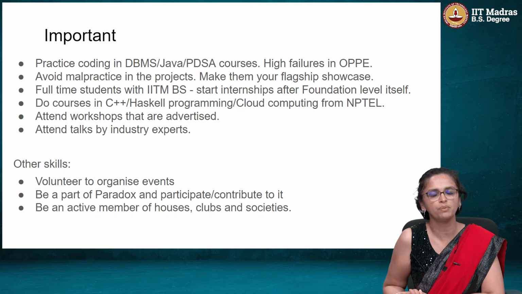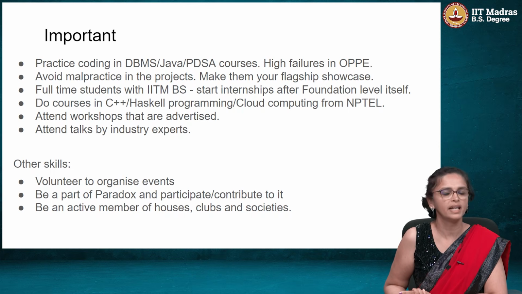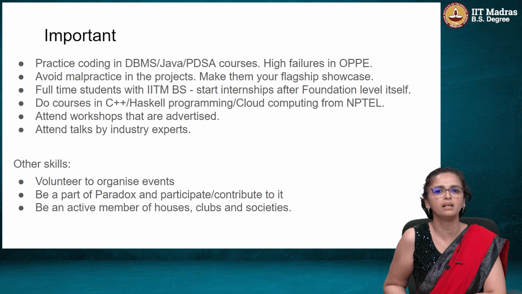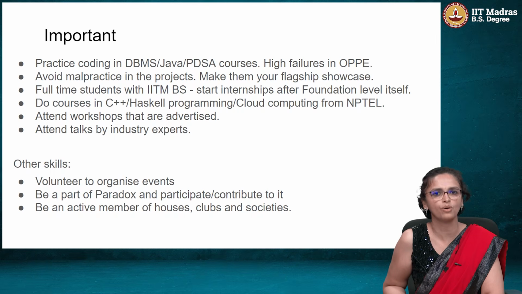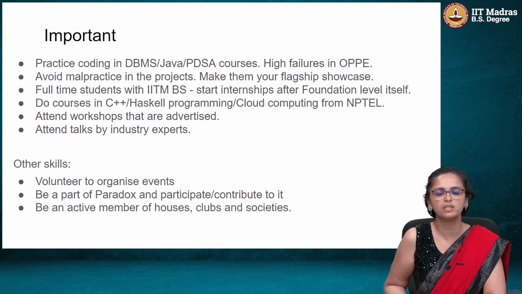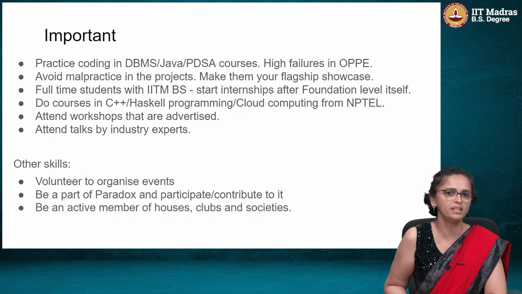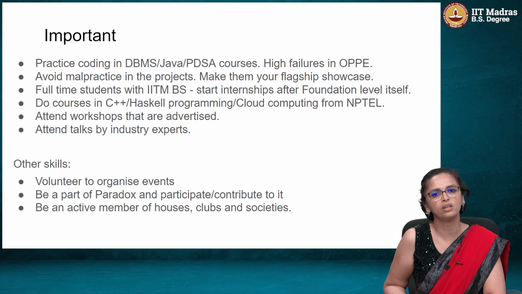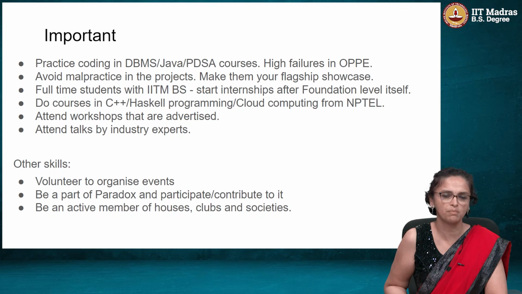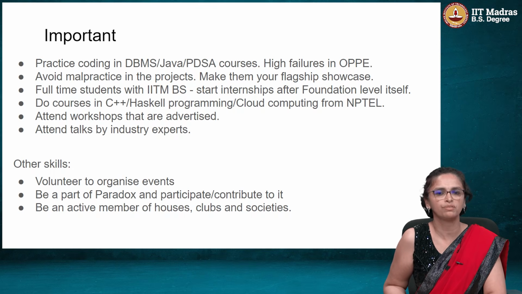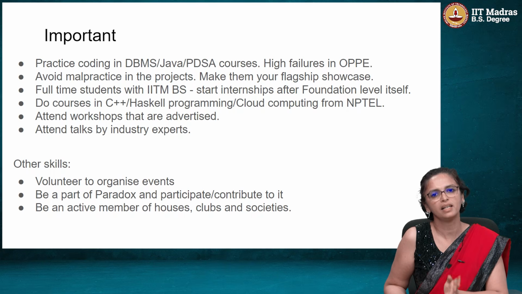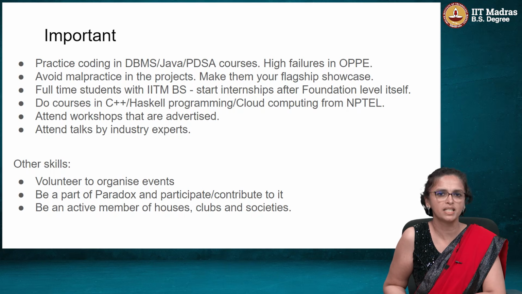And for full-time students, we would definitely recommend in the diploma level, or rather even in the foundation level, in fact, that you start becoming a part of the student-led events, organizing any events that are out there, organizing events as part of Paradox, being part of the Paradox teams that do the infrastructure or the web admin or anything else that they have out there. About 300 to 400 volunteers is what Paradox typically looks out for when we have to organize an event on the scale of, say, 3,000 people attending it on campus in the month of May at IIT Madras, right? So you do need a large scale team that will manage all the logistics for that particular program.